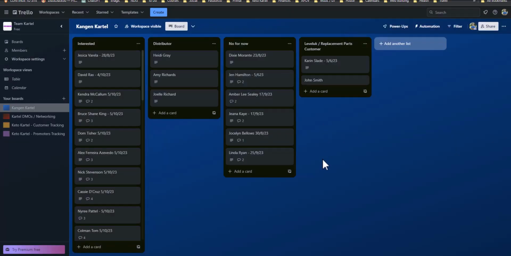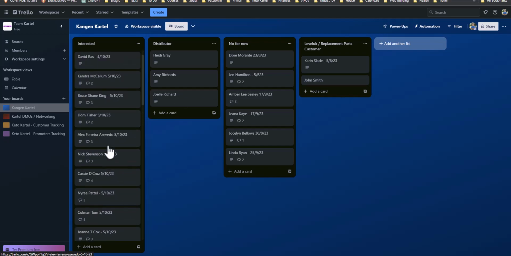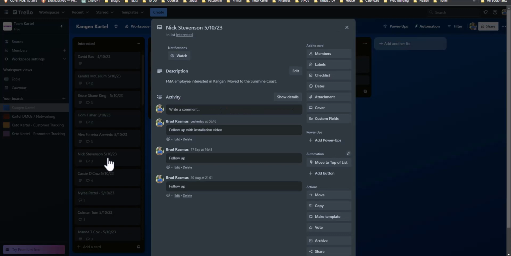That then comes up on my phone all the time, so I can access it and know who it is that I need to follow up. I can be anywhere and do some work and know here is what I need to refer to, and remind myself about the people that I'm contacting. Now, say, for example, you've got someone like Nick Stevenson. He was a guy that said, look, I'm on a course for 4 weeks at the moment doing something. Can you contact me after that? I'm not going to remember that. So I've then